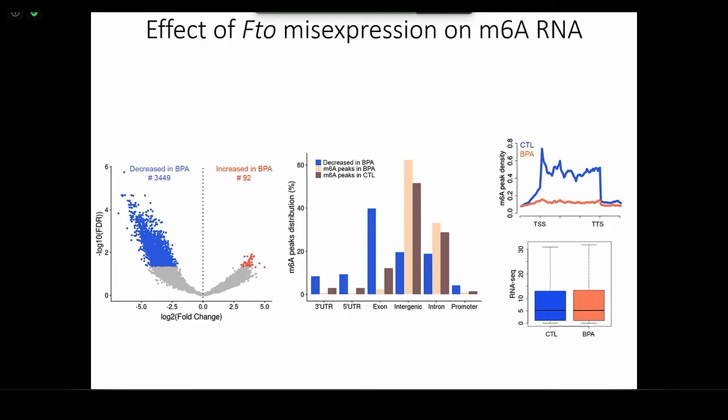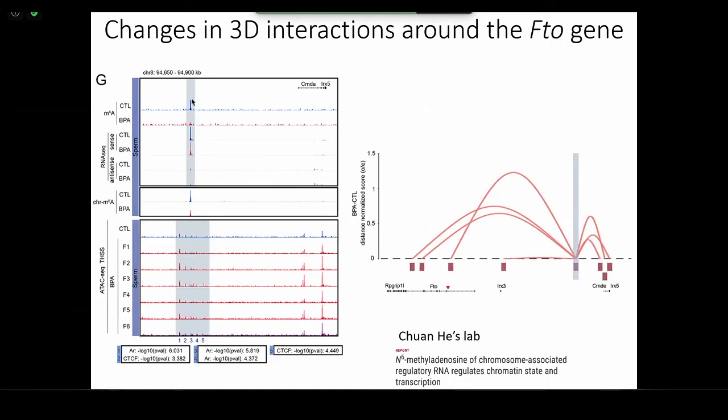Now, what complicates everything, I think I should be done, no? What complicates everything is that FTO is an m6A RNA demethylase. And so we see a huge decrease in m6A methylation in sperm RNAs. And most of these decreases are in intergenic and promoter regions. I'm going to go very fast. And importantly, we found a dramatic decrease in m6A methylation in an enhancer RNA, not in the level, but in m6A methylation. And this RNA is present